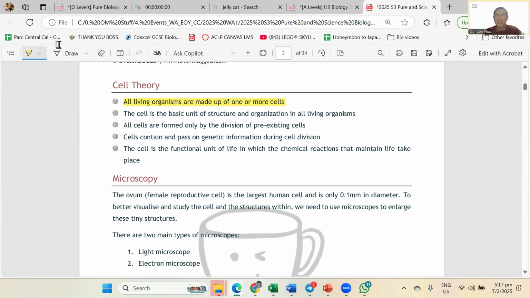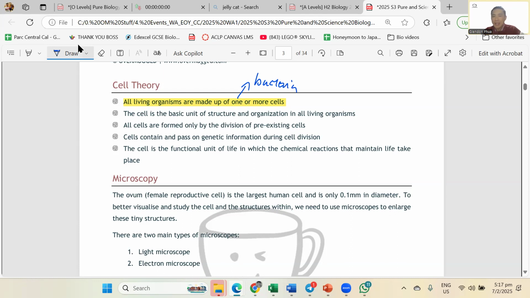So no longer need to memorize it. This is just understanding. You are the answer to cell theory. If they ask you for 1 mark, what is cell theory? Think of yourself. I am a living thing. I'm made up of 1 or more cells. Okay, now I am more than 1 cell. Where is the 1 cell that is living? This is bacteria.